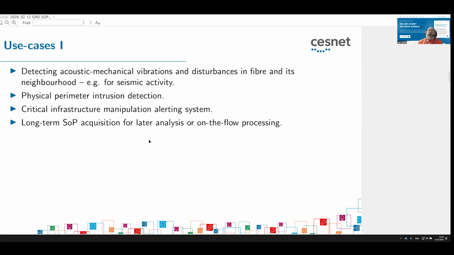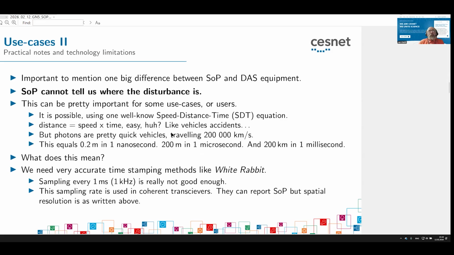And what is perhaps more important and interesting for us is long-term acquisition, because you can do your analysis. It's not so easy to tell what's going on. You can see something, but it's really difficult to classify these events. Some really practical notes,